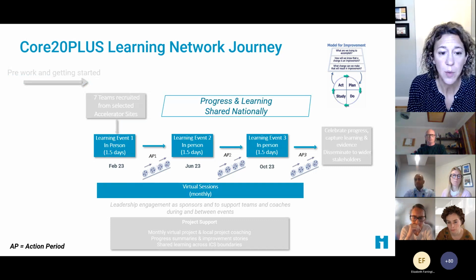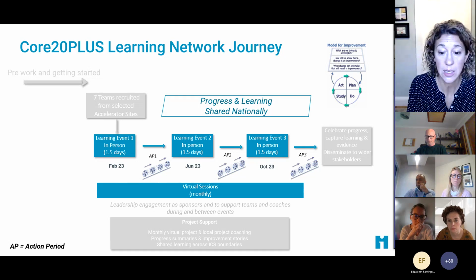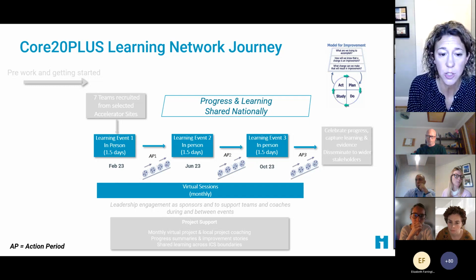In February, we will have a 1-day in-person learning event. So we'll come together to both work on new concepts and to hear from you. So everything will be both, again, all teach, all learn, going back and forth. What are the areas we need to focus on? In between each learning session, again, all 3 planning to be in person, February, June, and October,